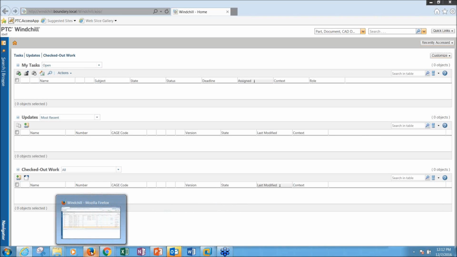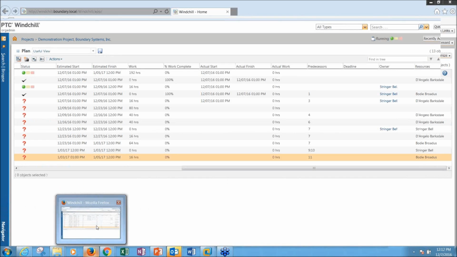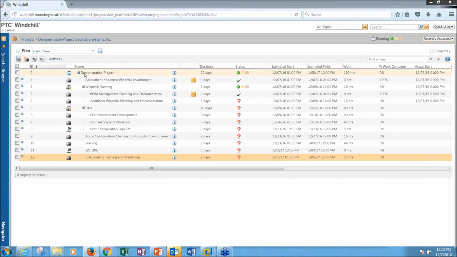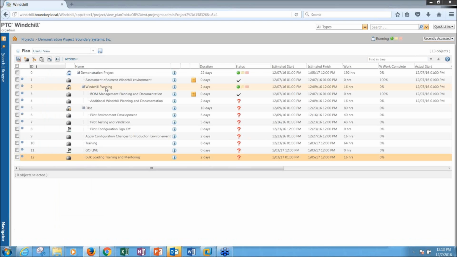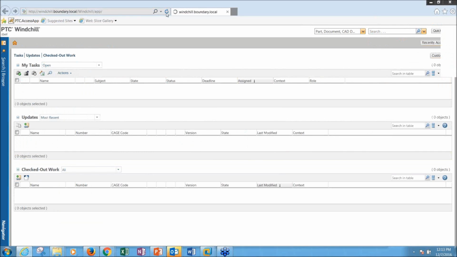Remember I said the owner is sort of like a mini project manager that can go in and make changes to those things. And so if I go into that project, I can go in and I can tell it I want to suspend the plan. And that's if I realize I need to make changes downstream. Hey, we need to add additional activities, or we need to do things like that. If I suspend that plan,